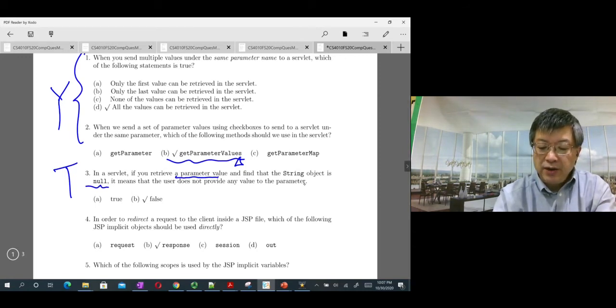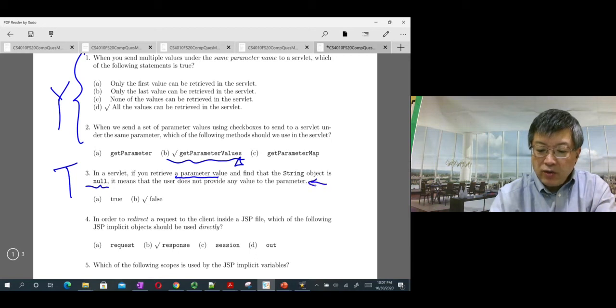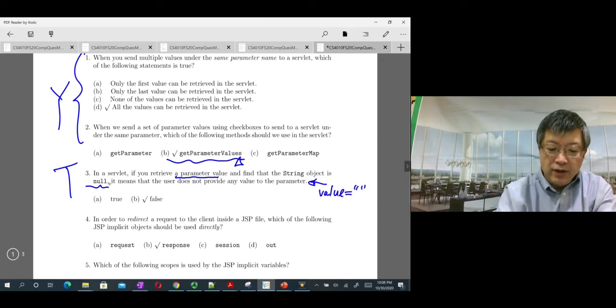Not providing any value to the parameter corresponds to the value equals empty string. Okay, so here the null corresponds to the case